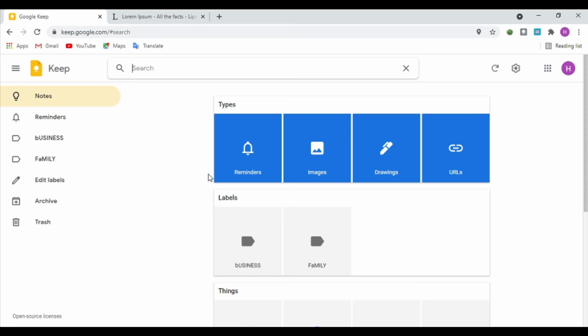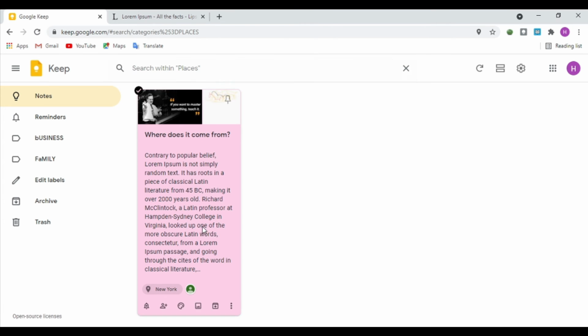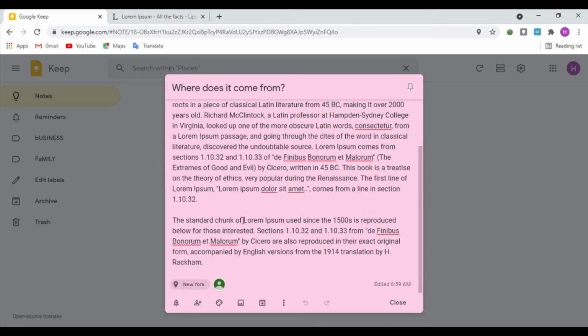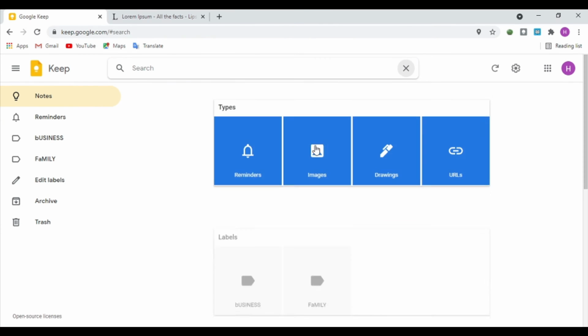search by types like reminders, images. Those that are not used by images are not going to appear in our search bar. And this is the drawing type, and this is the URL type. And you can see things, places. This one is the place section, so if we add New York in the note, and this is going to be